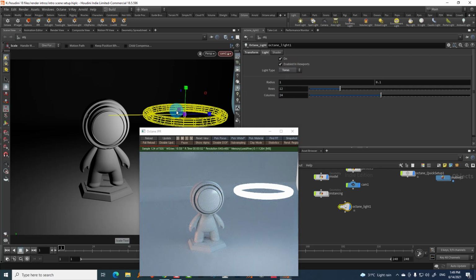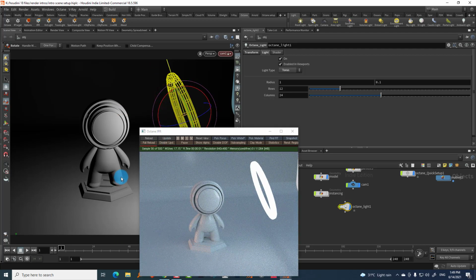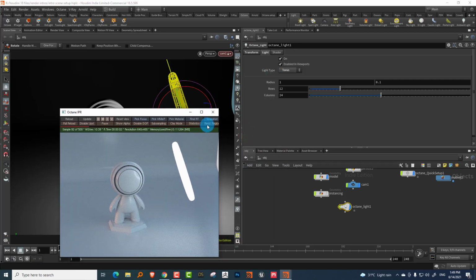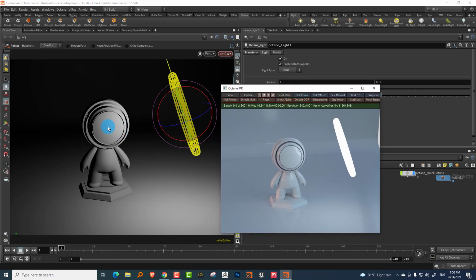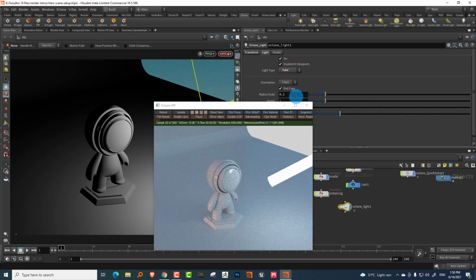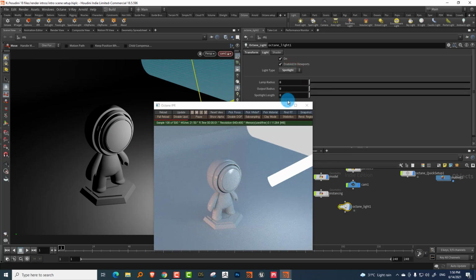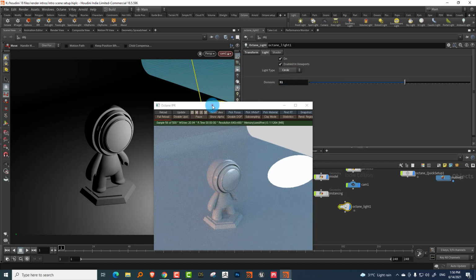You can see that it cleans up relatively quickly. It doesn't take too long to render. And in case someone is wondering what card I am using, I am currently on a 1080 Ti. I have two cards, but for this particular demo, I'm just using a 1080 Ti. So you have a torus, a tube, and a spotlight. A spotlight is basically just a cone. But let's keep it to circle for now.